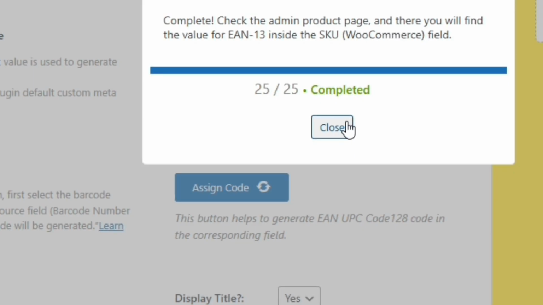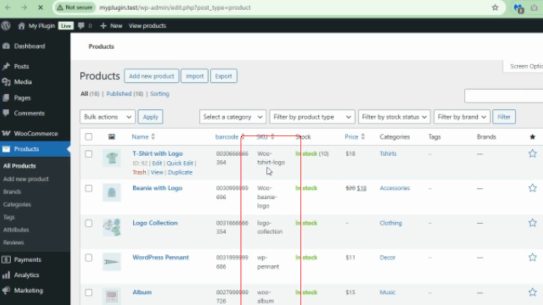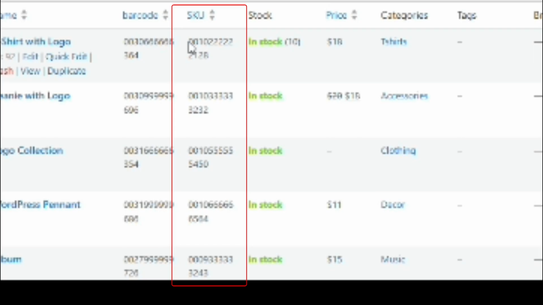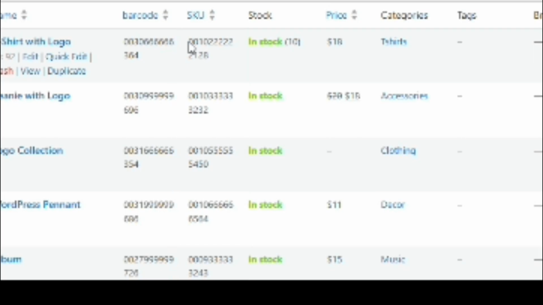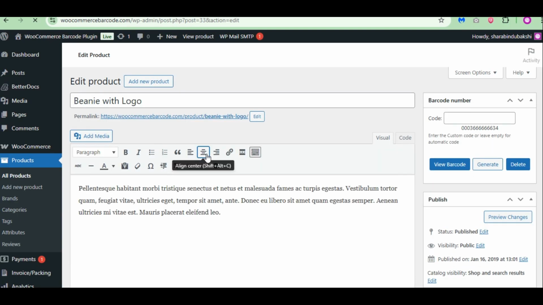Finally, go to your products page. You'll notice that all SKUs or your selected field have been replaced with your newly generated EAN-13 codes, consistent, accurate, and ready to use. That's how easy it is to generate barcodes with the WooCommerce EAN and UPC code generator